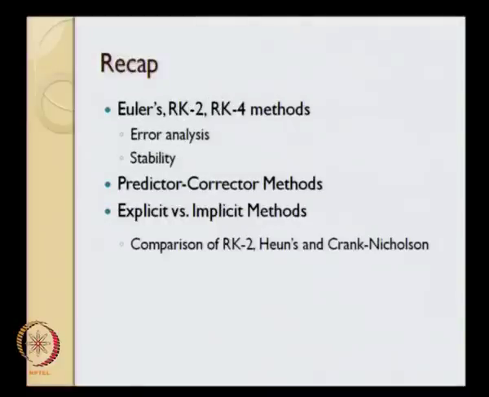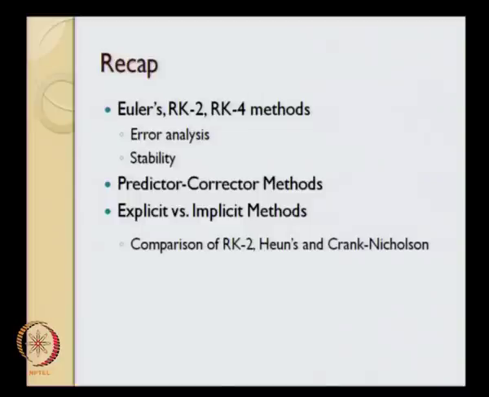What we have covered so far is we started off with Euler's method, then we talked in general about Runge-Kutta methods, made the derivation for the Runge-Kutta second order method, as well as saw the results for the fourth order Runge-Kutta method. We performed error analysis and saw that for Euler's method the accuracy is of the order h squared. For the RK2 method the accuracy is of the order of h cubed. For the RK4 method the accuracy is of the order of h to the power 5. All these errors that we talked about are in the context of what is known as local truncation error, and I will come to that in the next slide.